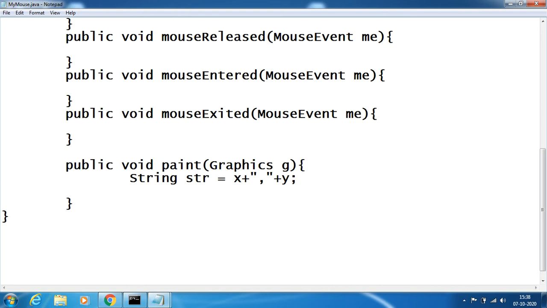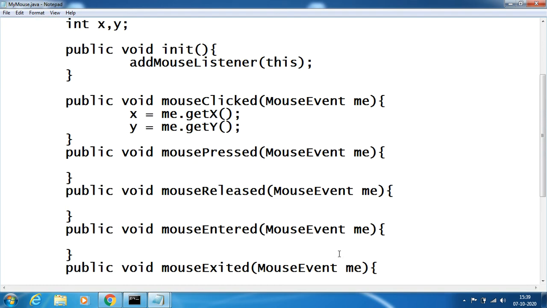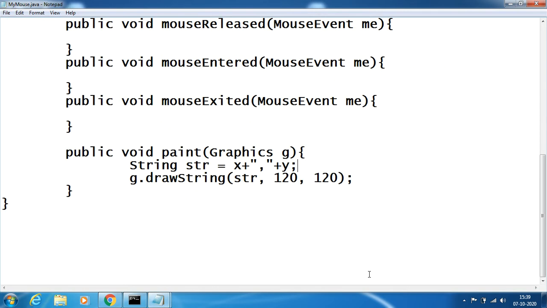Now finally print it as g dot drawString of str at any place of the applet. In the applet I want to print those positions. This is the position of the x axis and the y axis, to print the mouse position. Done.